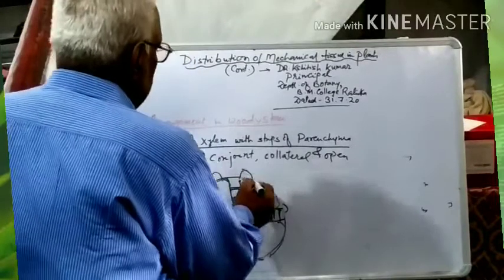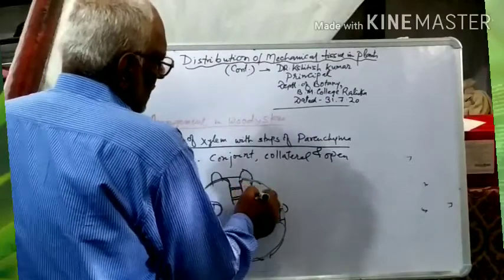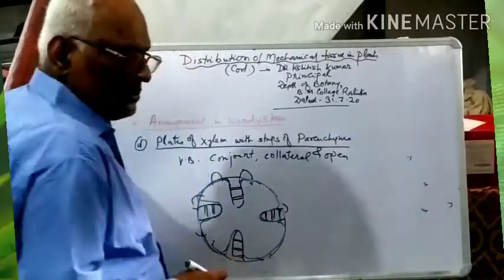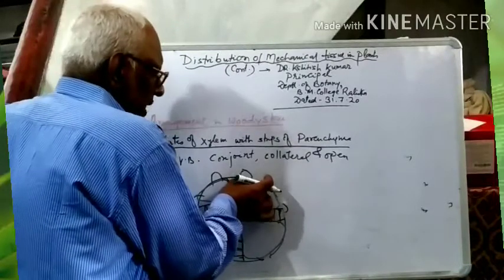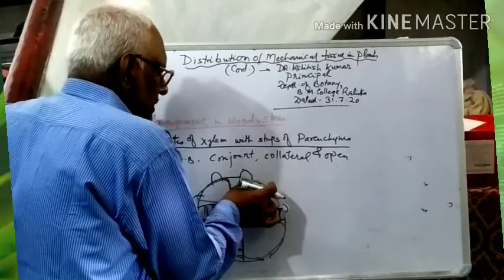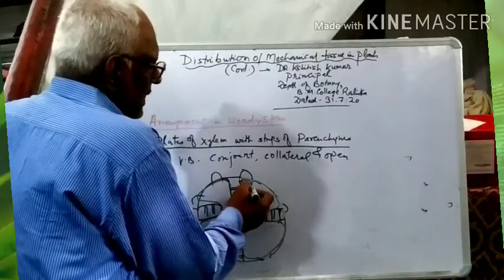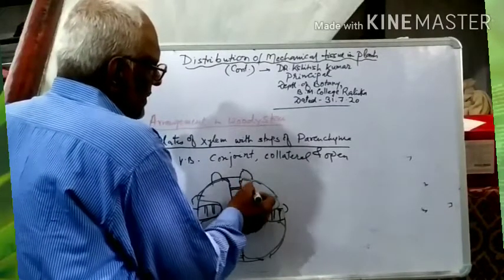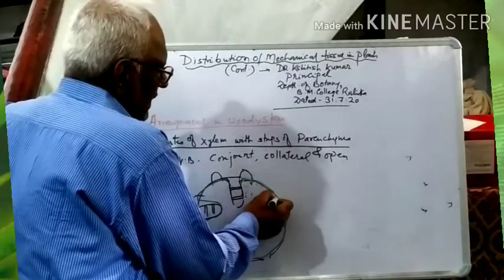In between the secondary xylem there are some cells also cut, that is the conjunctive tissue. Besides cutting the secondary xylem, the cambium also cuts parenchymatous tissue, conjunctive tissue,